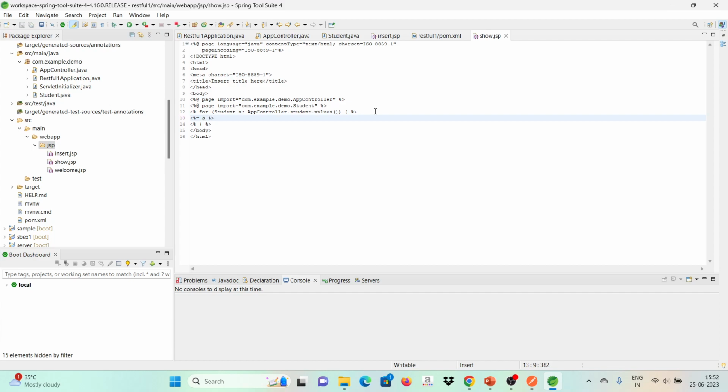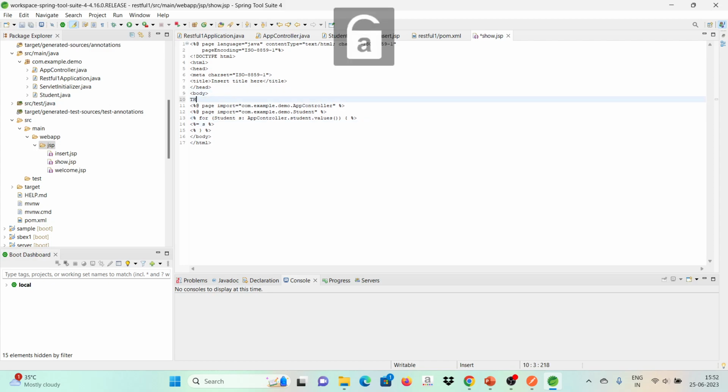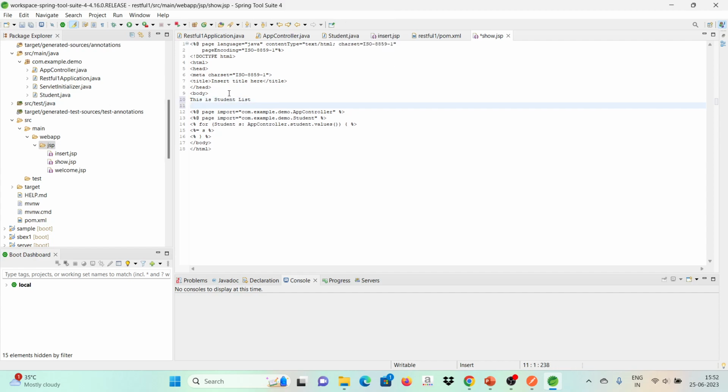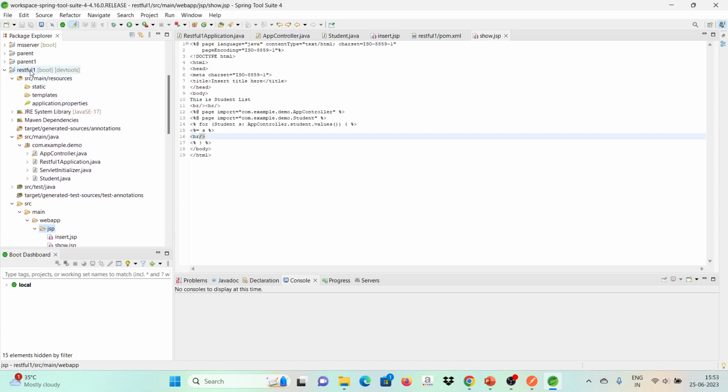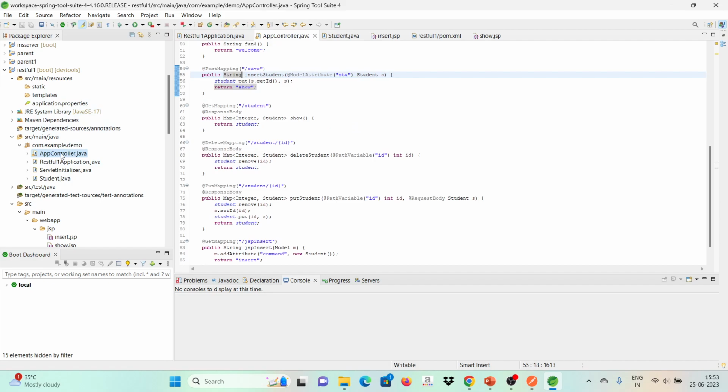Let me run and see what is going to be printed. But before that, I will add some content at the top. This is student list, and then two break tags I will have. And then inside the for loop also, after printing each student, I will have a break tag. Now let me run and see what is happening. You can also directly call this page. You have to go to the controller,